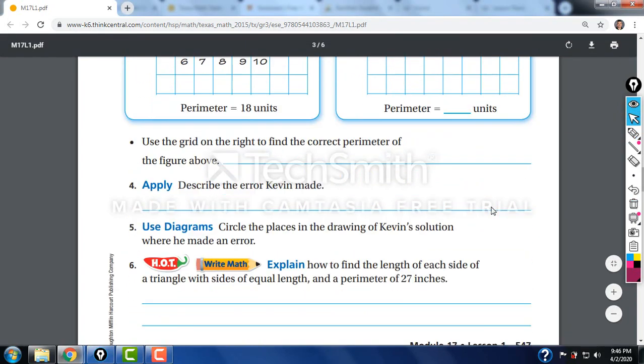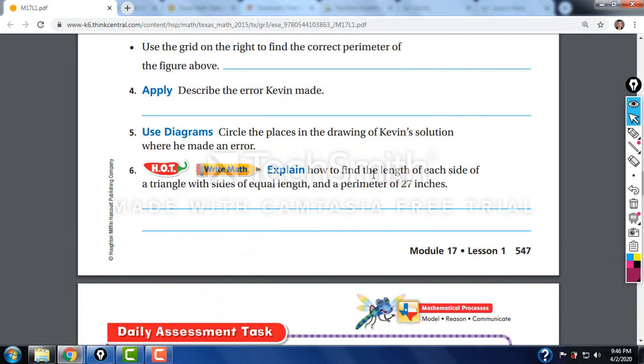Perimeter is very easy. Okay, explain how to find the length of each side of a triangle with 2 sides of equal length, and a perimeter 27. Well, okay, they're giving me the perimeter. I know what that is. Perimeter is 27. Triangle, 3 equal sides. This is equal. This one's equal. So I have 3, so I should be able to...